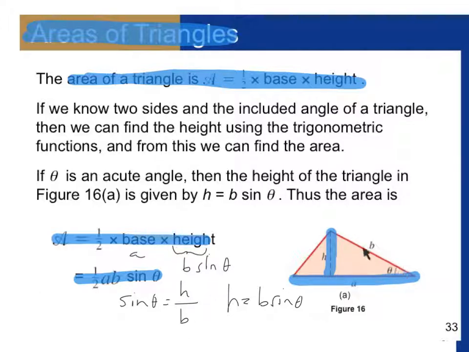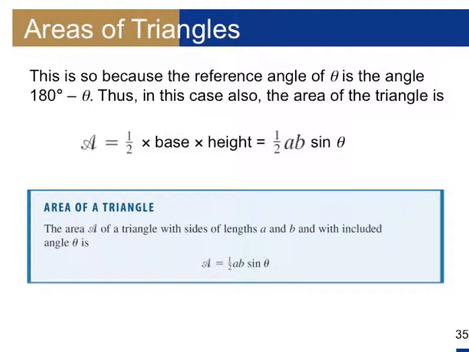That's when you have two sides and the angle in between. So the angle has to be between those two sides. It doesn't have to be a right triangle. It could be any triangle. We just do the height here, and then we form a right triangle inside there, and we find the height by using sine of theta equals this h over this b, this side. Then substitute into this, half times base times height. So that's how we get this formula. If you don't know the height, but you know two sides and the angle between, you can find the area. So our area of a triangle is 1/2 base times height, or 1/2 AB sine of